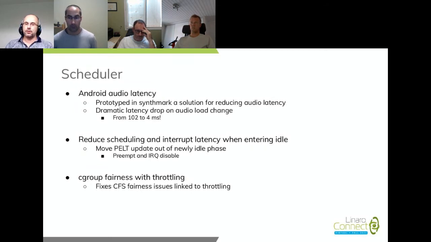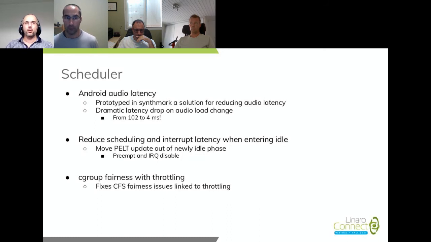Then several changes have been merged in the scheduler since March. One interesting one is that we have changed the way we run the background activity for updating the load tracking of the task and the run queue, and we have moved that out of the scheduling step.